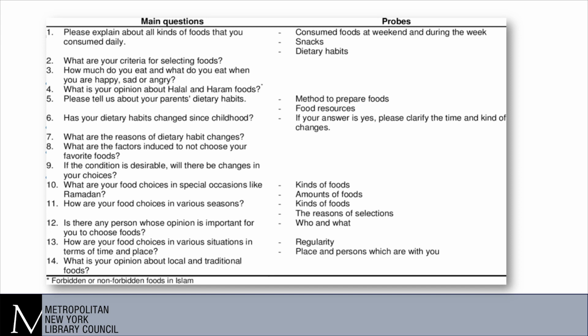Now, the one thing about this protocol that I feel is missing is that there's no clear space between the questions for notes to be taken. So this was probably just one that someone had that was just, these are my questions. And they hopefully had a different ability to be able to record information that they were hearing on a different document, or they may have actually had another person doing that part of the process while they focused on just